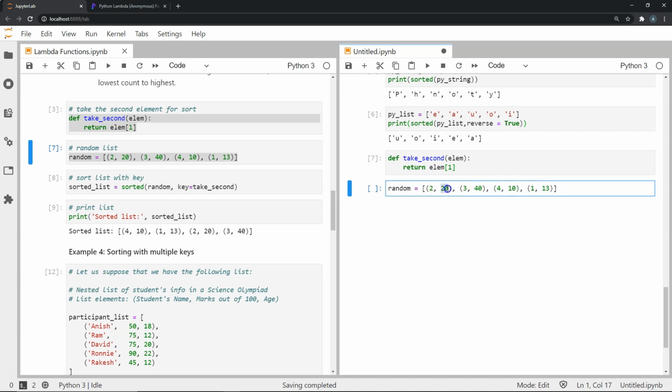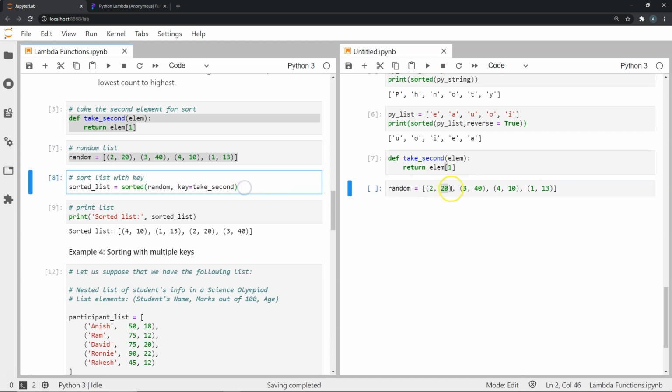Then it should be the one with 13, because this is the next highest number. So then this will be the next object. Similarly, this will be the next object, then this will be the whole next object. So you see, I'm using every second element of the tuple as my key, and to create a key, I'm creating this function which will iterate through all of these and return each of these second elements.